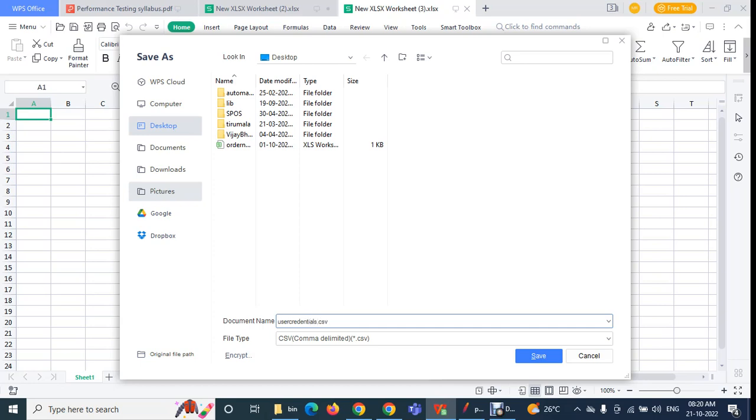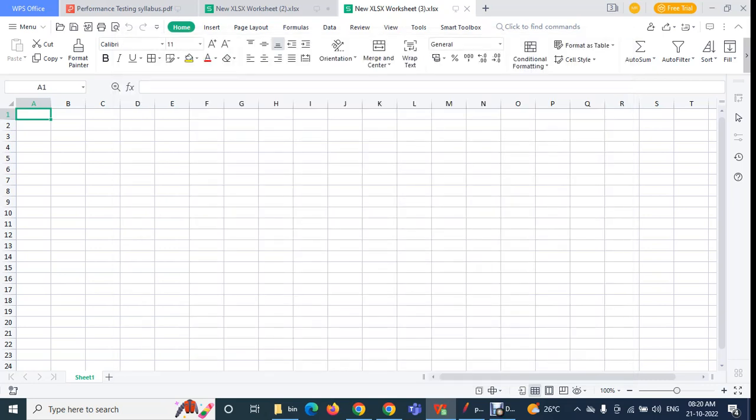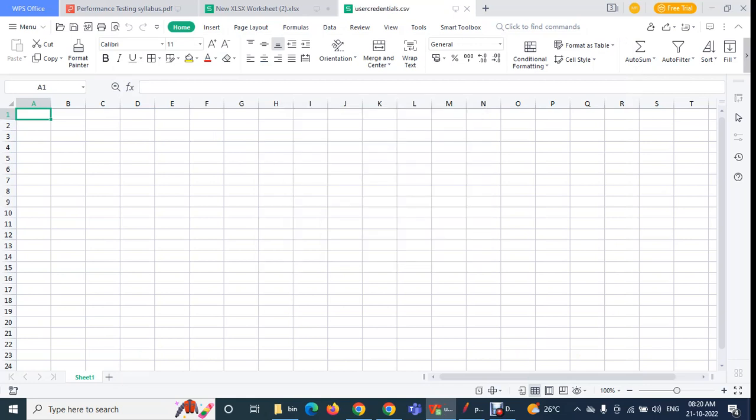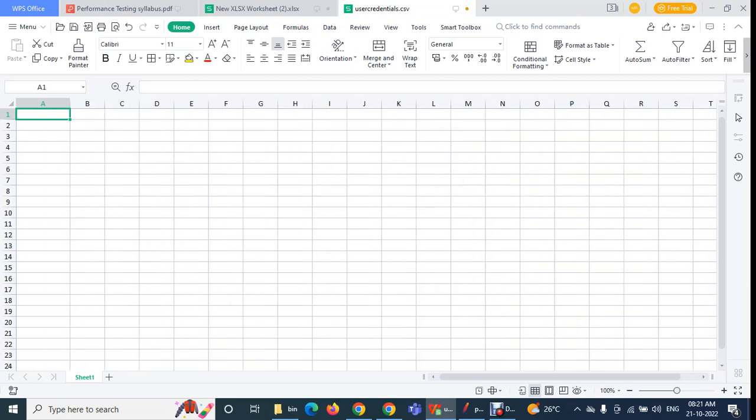Okay, I want to write usernames, passwords, so therefore I have given user credentials here. Okay, and I am going to save it on the desktop. You can see desktop and click on save. Okay, so I have saved my file. Click on yes. You can see on the top of the file name you can see here user credentials.csv. So I have created the CSV file. So you need to create the CSV file like this. Okay, so now you need to